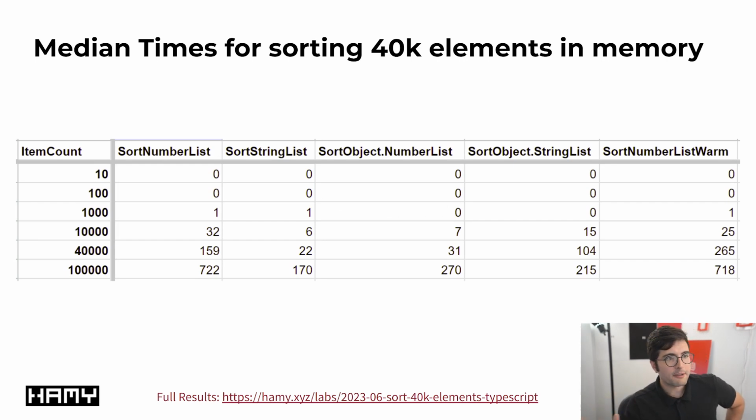So I only pulled out the median times here, but the benchmark does spit out a lot more results. If you want the full results, you can look in the blog post here. We'll just be looking at median times. Basically we have the item count in the left column, and the column headers are the type of sort that happened. And we can see that for most of these up to 40K, we're well below the 300